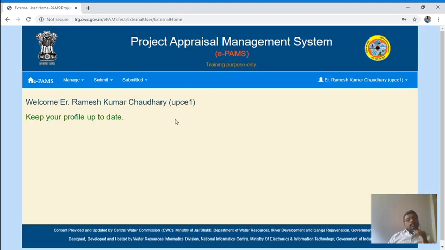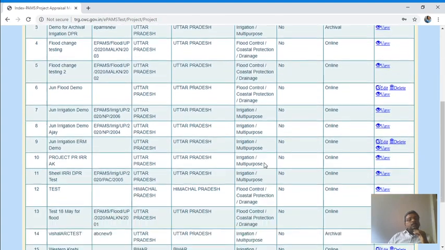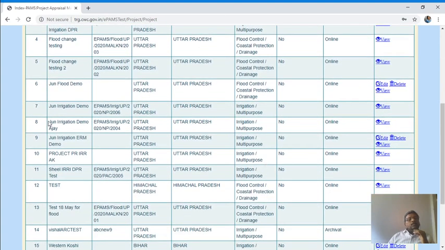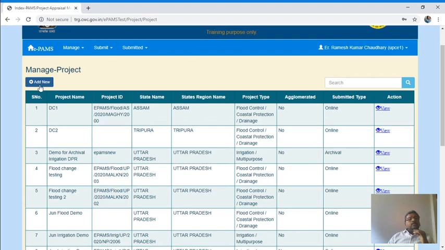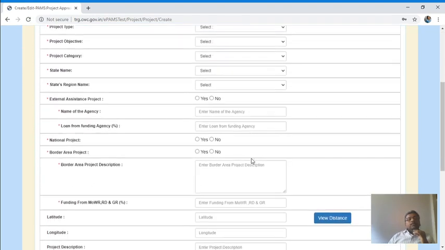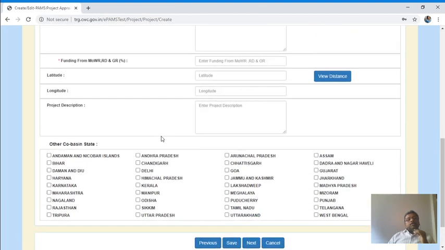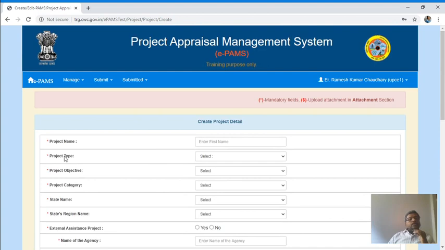Now I will submit here a flood control project. For that I will have to create a project from this menu. You can use this option, add new. You will have to fill this information and create save. After filling this information: project name, project type,